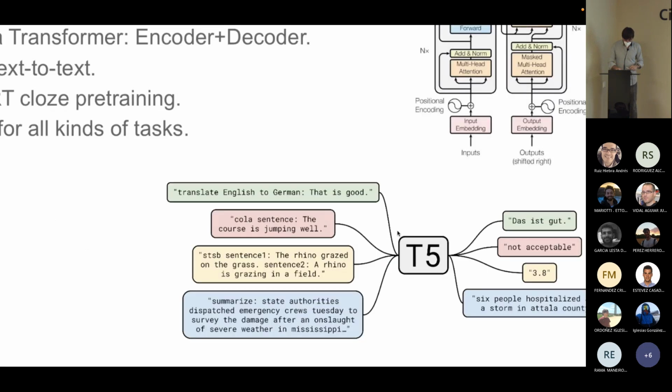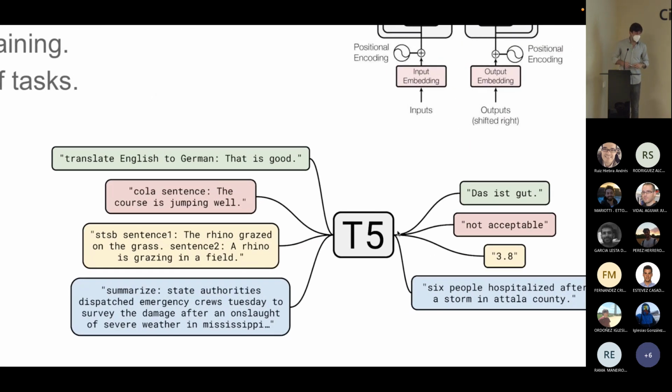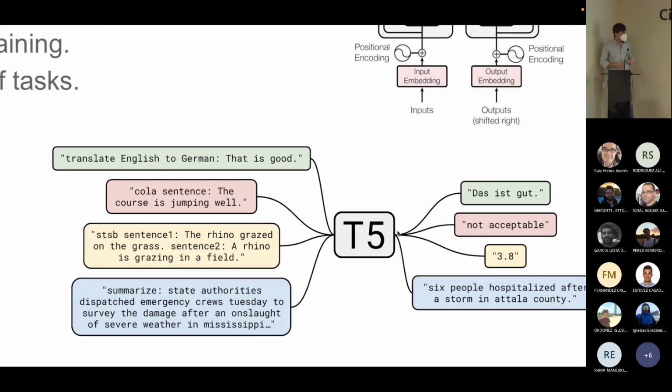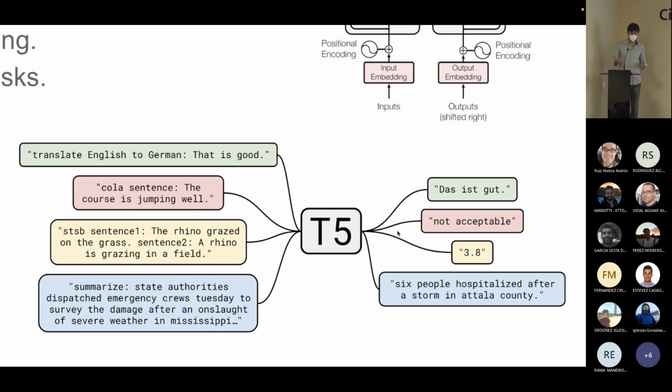We can say translate English to German, and it translates in a text-to-text way. But also tasks like comparing, classifying, giving a score can be achieved with a text-to-text transformer. This was previously done through an encoder-only architecture like BERT, if we want to make a spam classifier, for example. But they showed that a complete transformer with encoder and decoder was also the best choice for this kind of